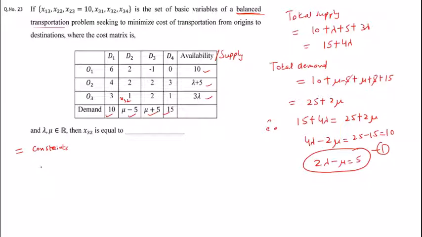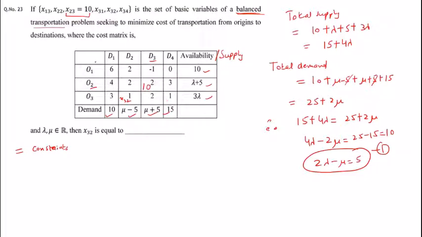So here I'm using the information that all the constraints are equality constraints, because that means every source's supply is utilized completely and every destination's demand is completely fulfilled. So that will help us to find the value of these variables, right? So let me write here what is given to us. X23 is 10. So this 2, 3 is given to us as 10 units.